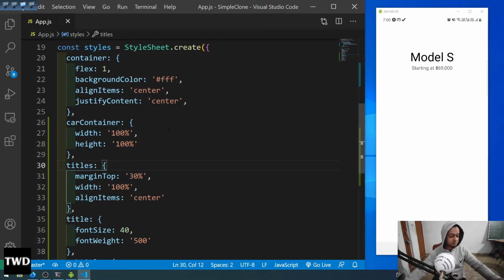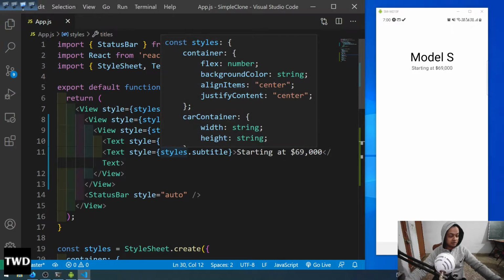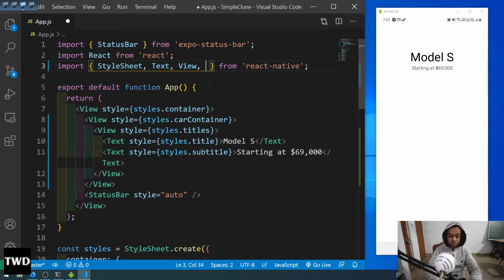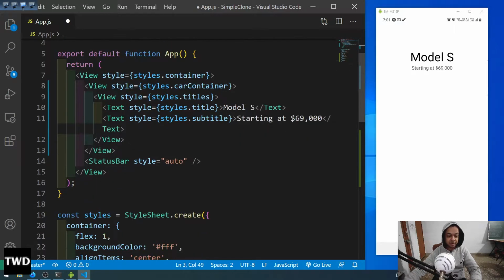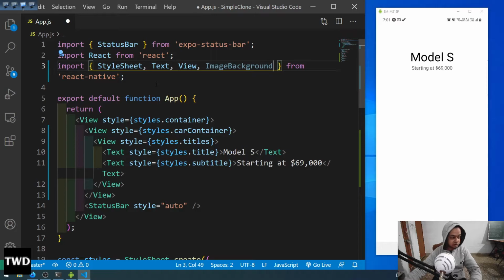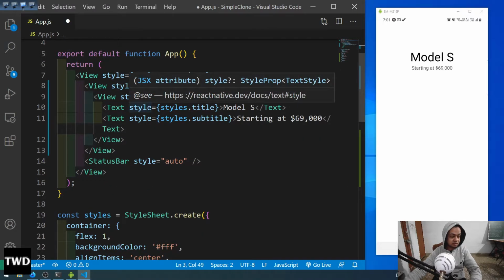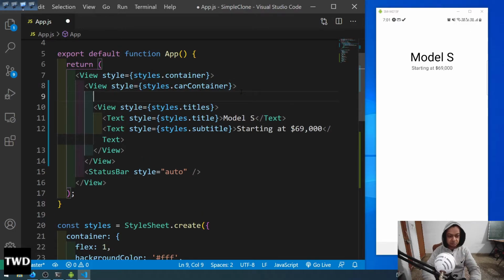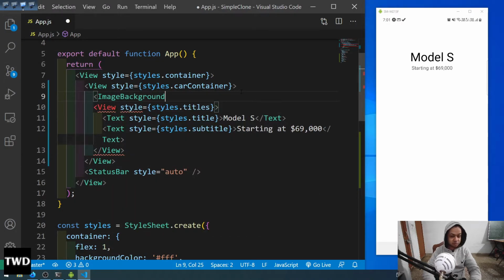So now in this file only we'll go up and we'll have an image background. The image background will have from React Native. So again, everything is generally from React Native here in React Native. So inside this view, this car container have titles. So after this we'll have the image. So this image background which we have just imported,